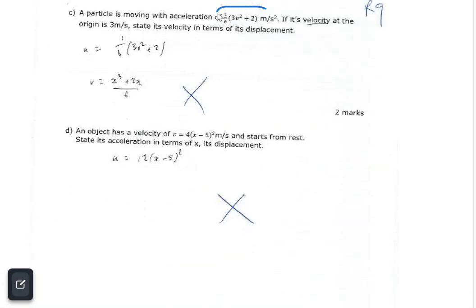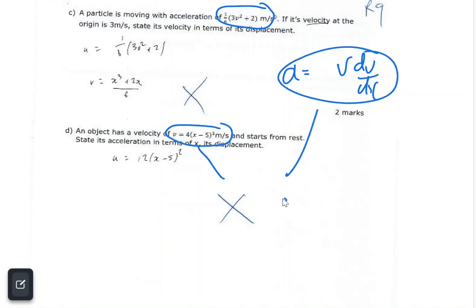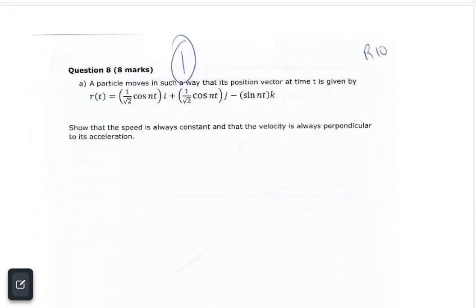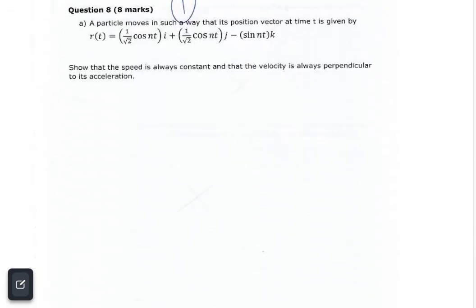We needed to have our replacement for A, and in this case I'd be using v dv/dx. And this one we have v, and we need the acceleration, so I'm going to use the same thing. A equals v dv/dx. So check the substitutions for acceleration, and again some